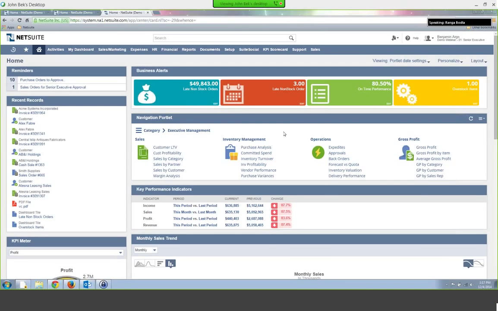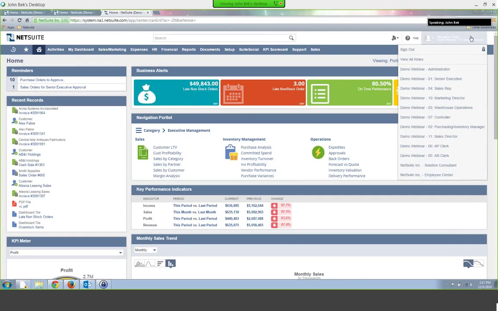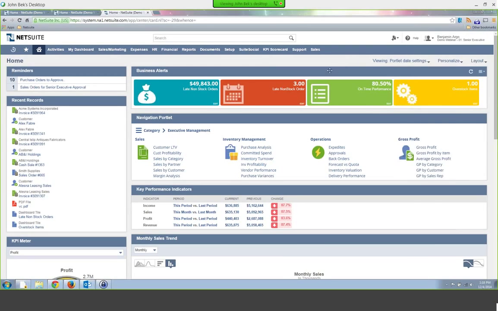So right now we are logged in, and in one of the roles that Ranga referred to, I'm logged in as the senior executive. We'll talk about some of these different roles in the course of the next 45 minutes or so and walk through some of the various business processes in each one. But in the meantime, while we're in the senior executive role, we'll take a look at the dashboard that the typical CFO, CIO, or COO would see when logged into NetSuite. I've configured this to what I think is important for me in operating my business.